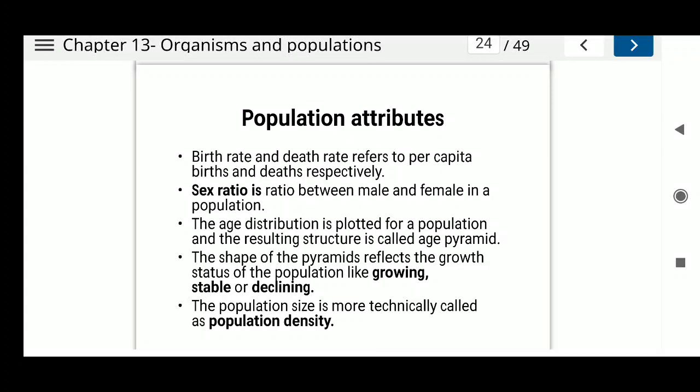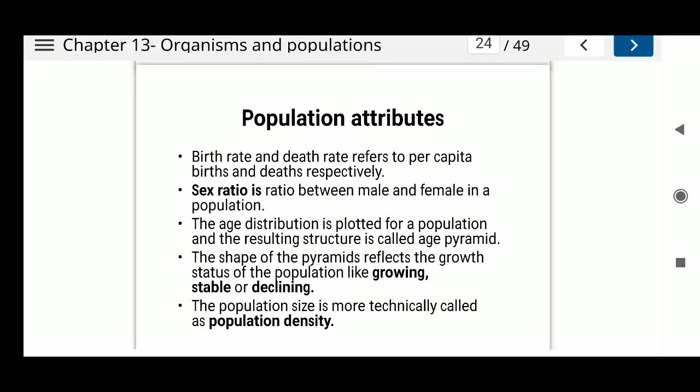Now if you have heard an individual, either he takes birth, so we say in this family a boy has taken birth or a girl has taken birth, or sometimes if someone dies, we call it death has taken place. So for individuals we say as death or birth, but if we consider a population, then we say birth rate or death rate. Now what is birth rate?